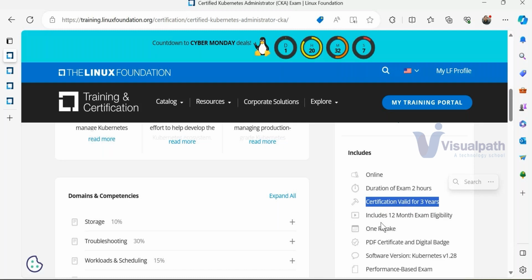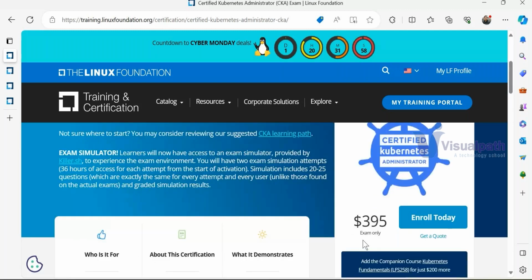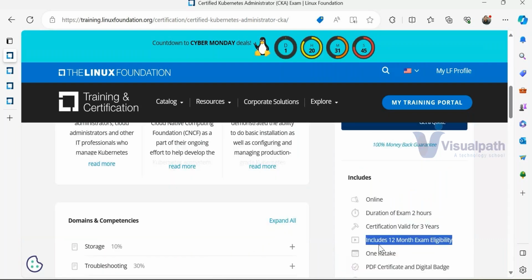Now, once you take the subscription, the eligibility of the subscription is 12 months. That means if you purchase this certificate today by paying this amount, right, it will be valid for the next 12 months. So today's date, 25th of November, it will be valid till 24th November 2024. So you can take up this exam anytime within this 1 year, right? This is valid for 12 months. You can take it up anytime.